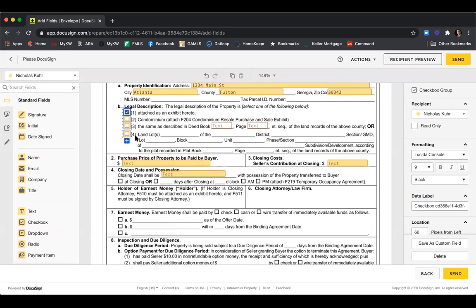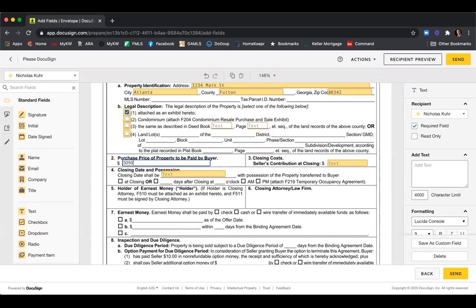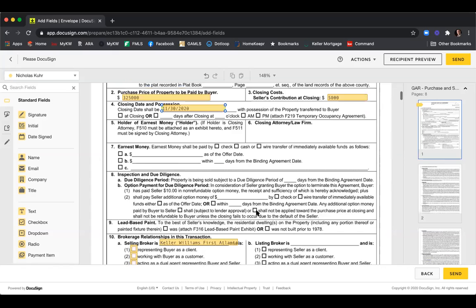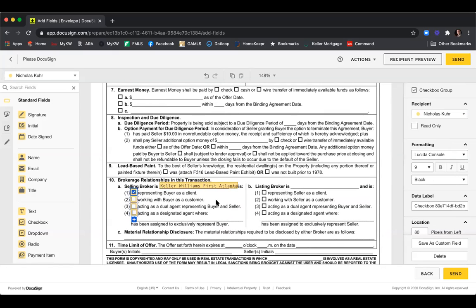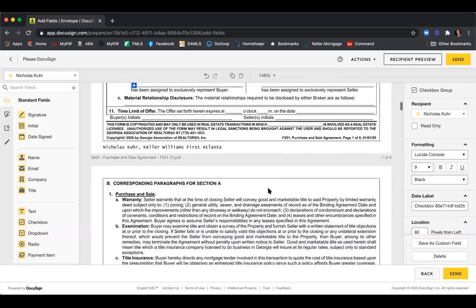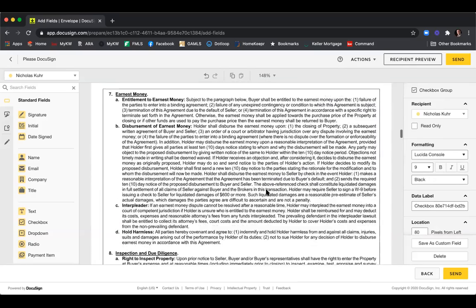And that way you have your one checkbox filled, purchase price, $325,123, closing cost from seller, $5,000, closing date shall be 11/30/2020. And then you just go through here and you'd fill in all of this information as you would normally. And then as I scroll down,